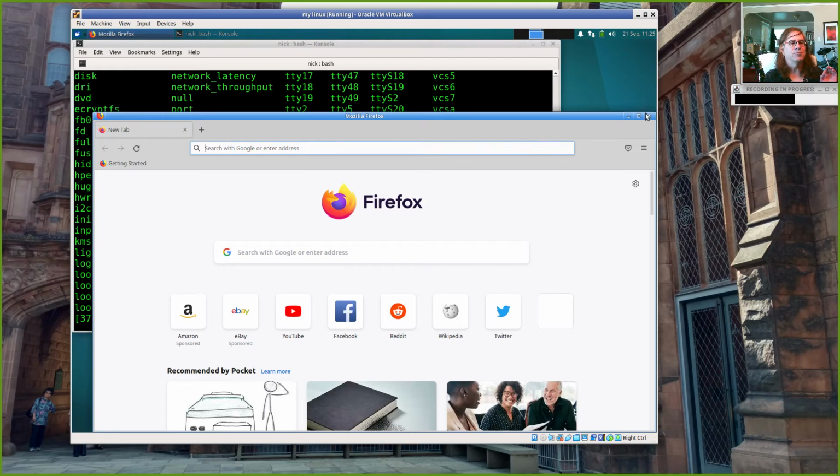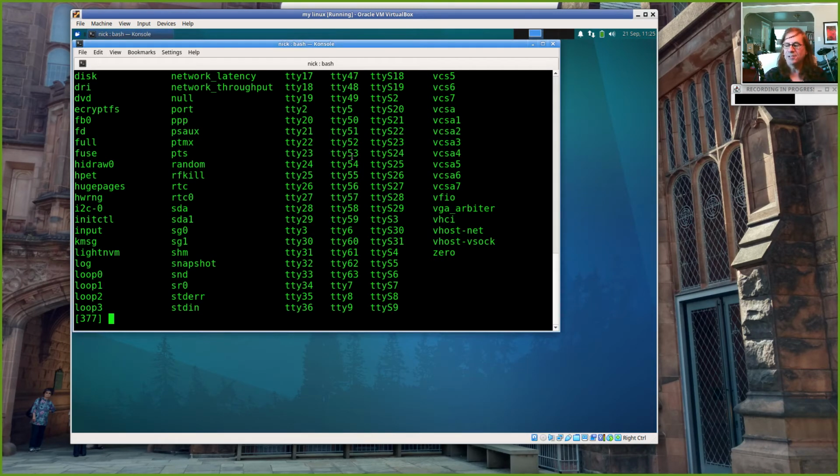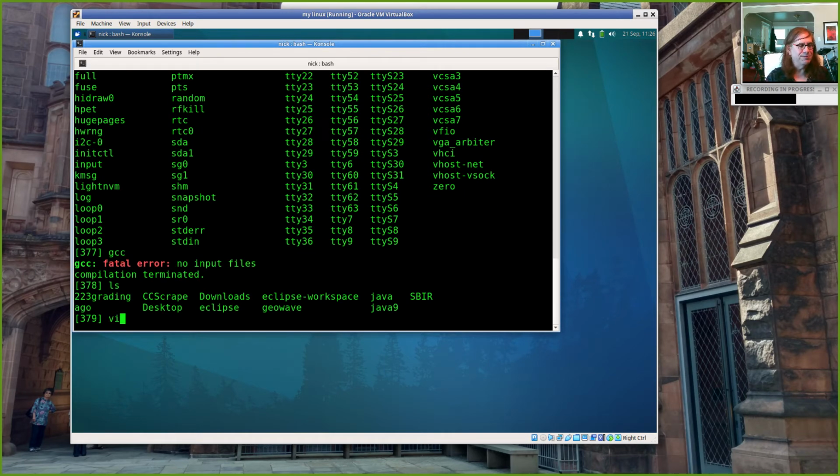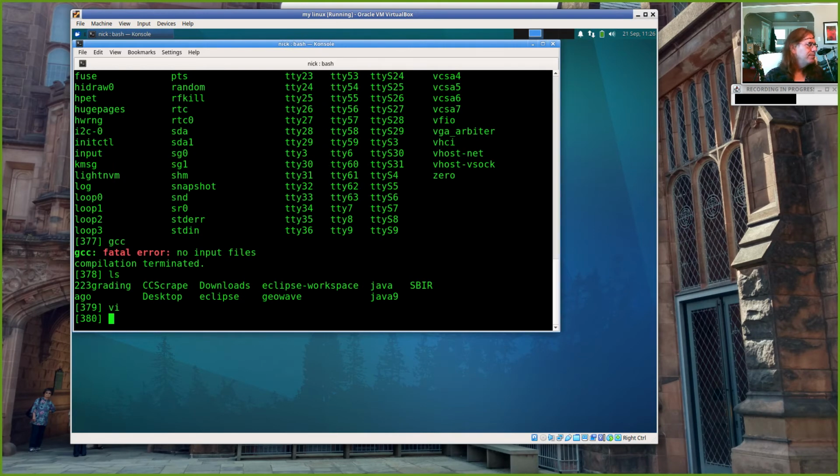So this is a really good approach to setting up a Linux environment for yourself if you don't have hardware that you can dedicate to Linux. And I have a Windows laptop. I run this for Linux access from there, and it's totally great. And it's fast. It's actually faster than the Windows system that it's running on top of, as far as starting programs and searching for files and things like that, which is kind of weird, but it's good. And so I can compile files, and I can do ls, and I can edit with VI, and so on and so forth.